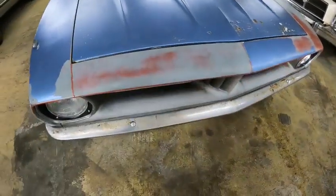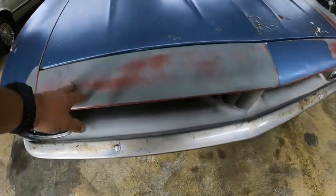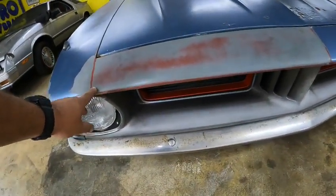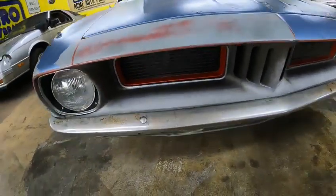Absolutely beautiful. I love this primered whatever they were doing there. Again, it's kind of confusing if they were just trying to protect something or what. But I'm kind of digging this red. I'm not sure if that's the original primer coming through from under the blue and then they put gray on top. I'm not 100% sure, but